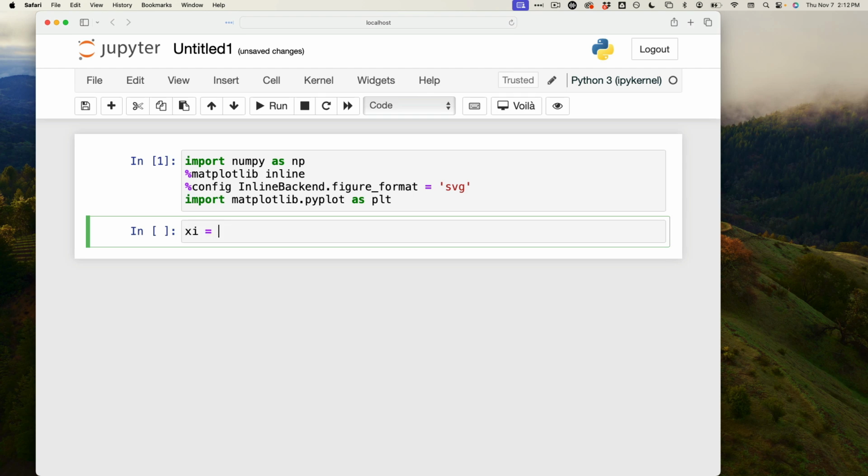So the original xi, the original data, and because I'm going to transform it by taking the log and stuff, I'm going to call it xi underscore. Because the transformed one, I'm going to end up calling it xi. So in anticipation of that, I'm going to put an underscore here, because this is going to be temporary, np.array,